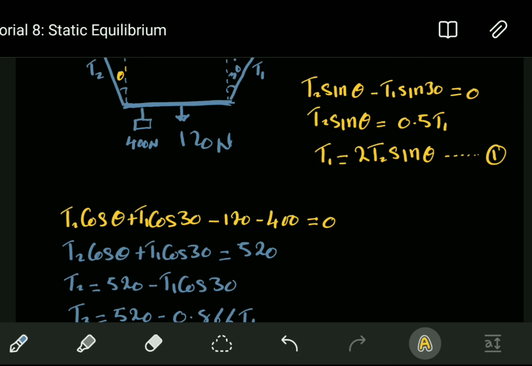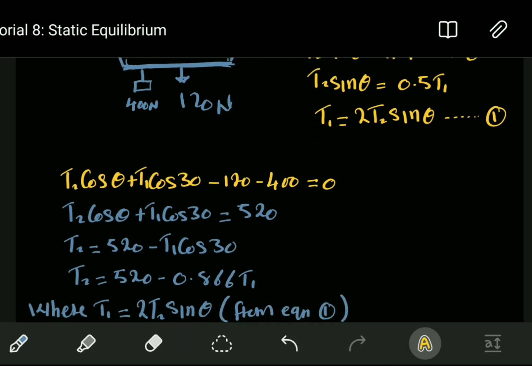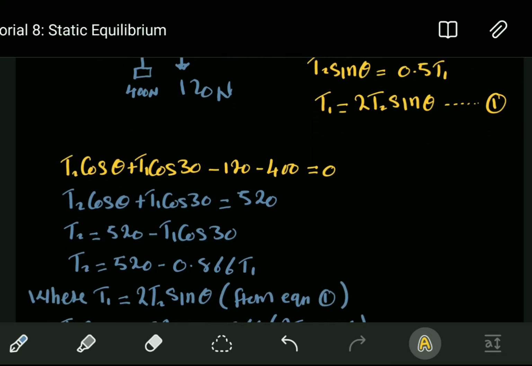This is the sum of the forces in the y. Therefore, from this we can subtract the 120 and the 400, giving us a minus 520, which we can take to the other side and remain with T2 cos theta plus T1 cos 30 equal to